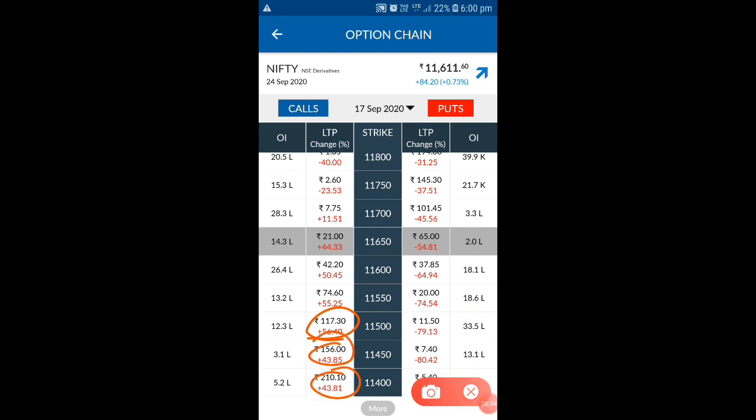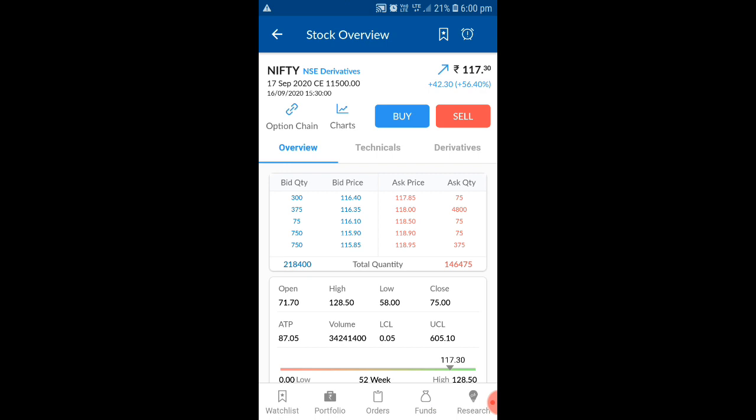So there you will be getting much profit, but the risk level, for beginners and all, like 100 points means almost 7,500 will be the risk level, because the movement will be a little bit faster compared to the current strike rate. Here you won't be getting much movement, but there you will be getting huge movement. So here also you can see 11,500, almost 42 points movement happened today.